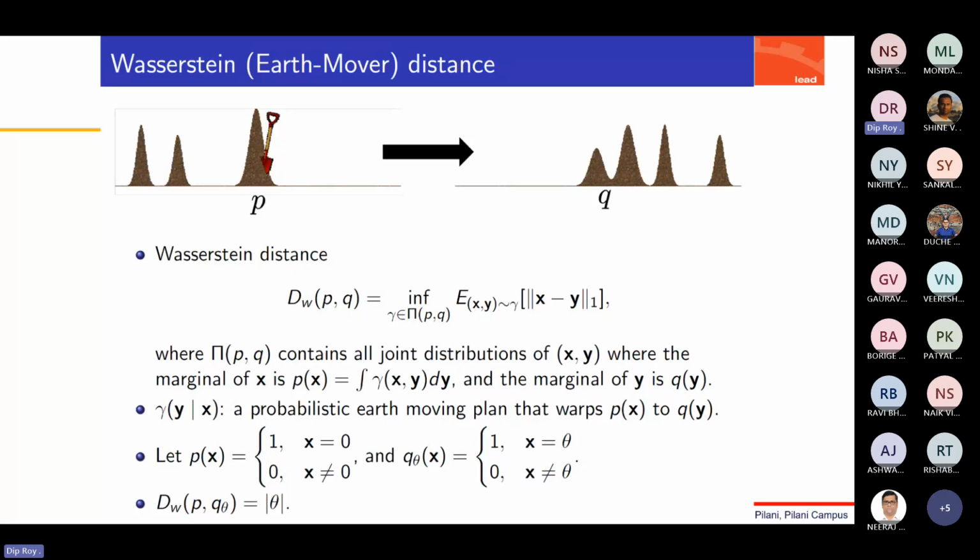So before we go into the formula and everything, just understand one particular thing: if we have to move a lot of mass very far, or if the two distributions are totally different, then obviously we'll have to do a lot of work, and the distance will be very large. If we just tweak the pile of dirt a little bit, then essentially we are in a zone where we don't have to make much movement.